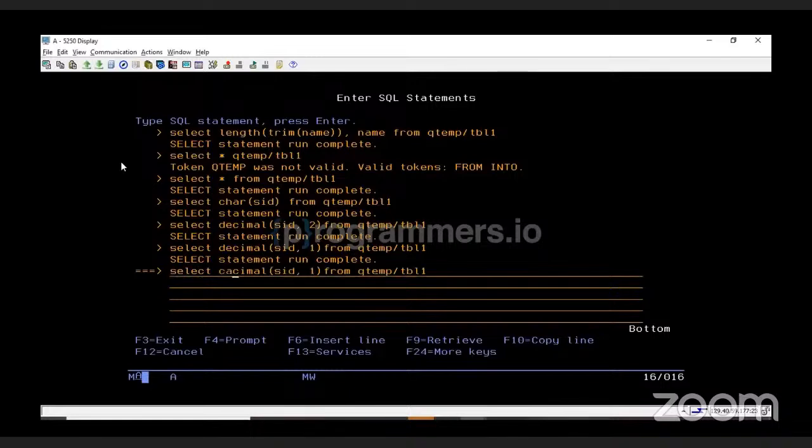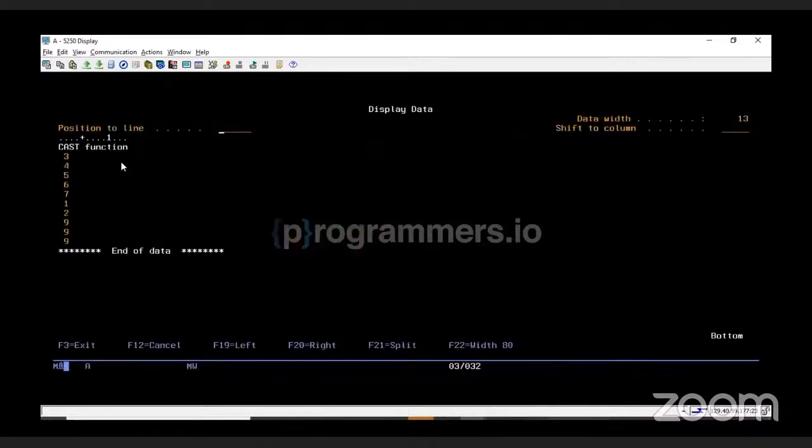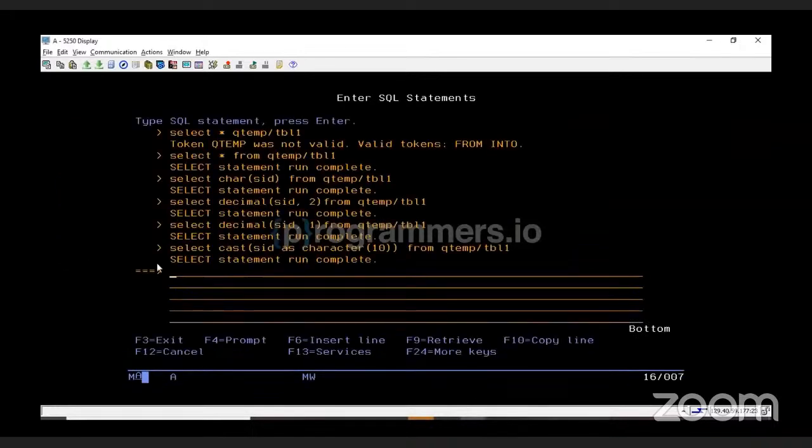The same could be done using a cast function, as I've told. Now in cast function, you'll have to mention here the column name as either a character type of length 10, let's say, then it will cast it into a character type. Now, one advantage of this cast function over the other explicit conversions is the cast function can also convert the CCSID of a column. For example,